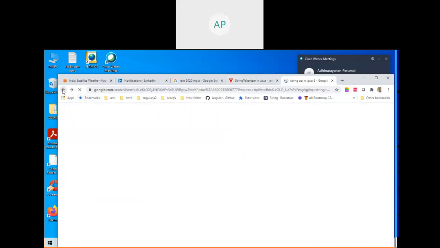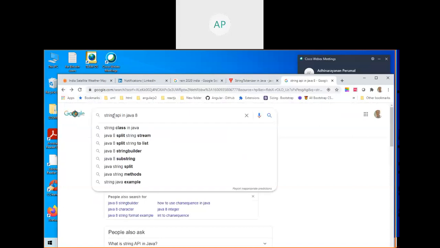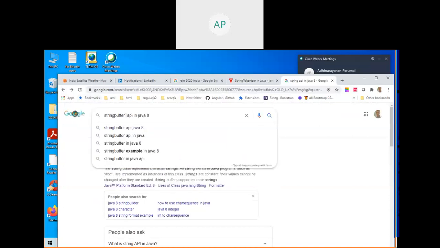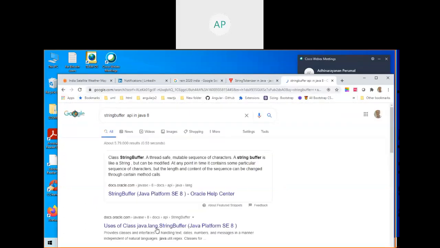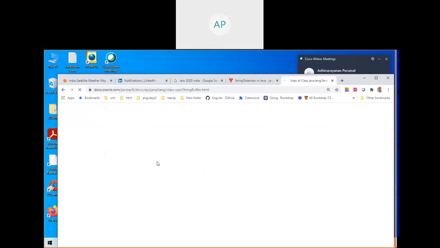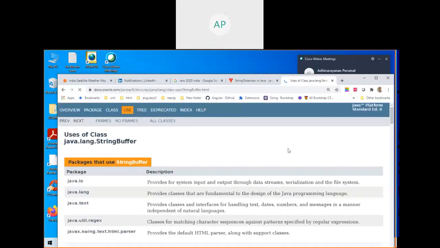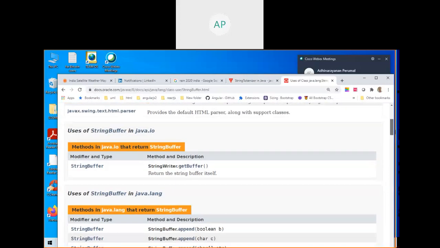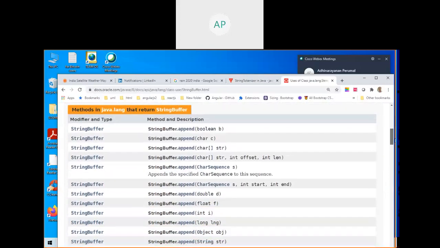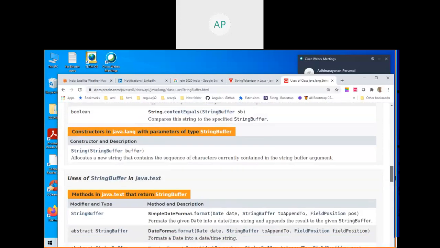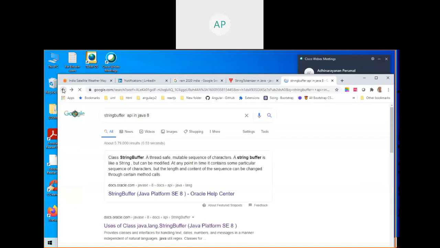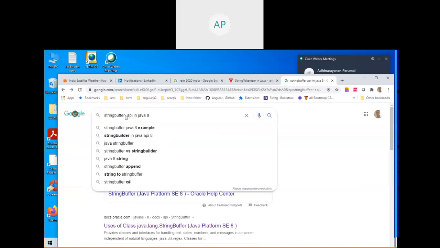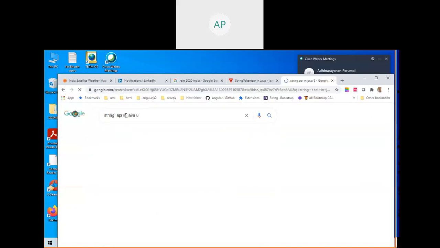Okay, so this is string. Same way, string buffer. You type StringBuffer, then you get the API. Go here, see here. These are all the methods available as part of StringBuffer. So you can just have an idea about all this. No need to go and read all those things. I'm just showing it. No need to think too much into that.